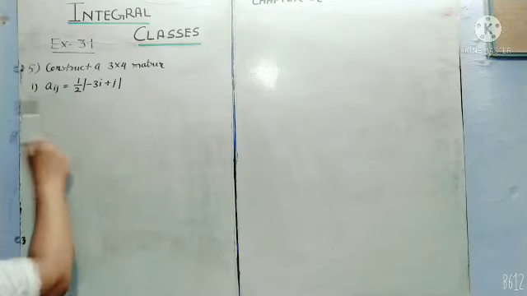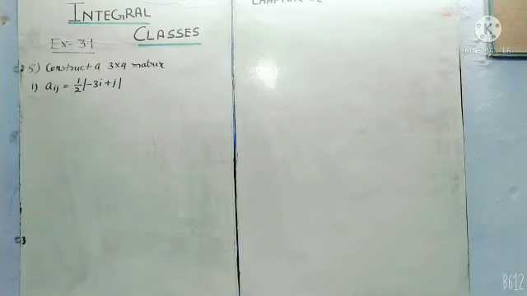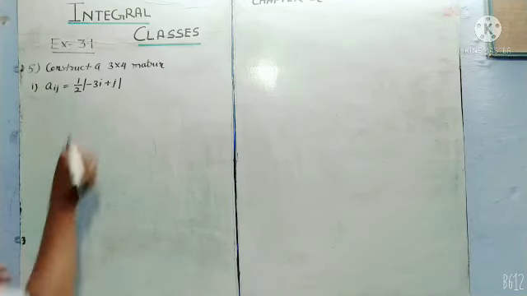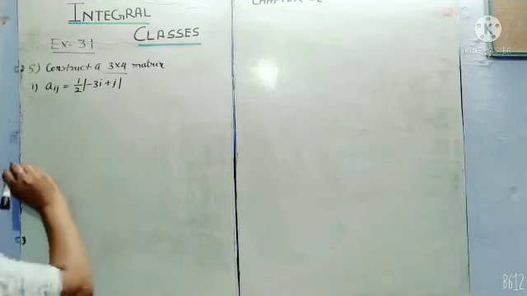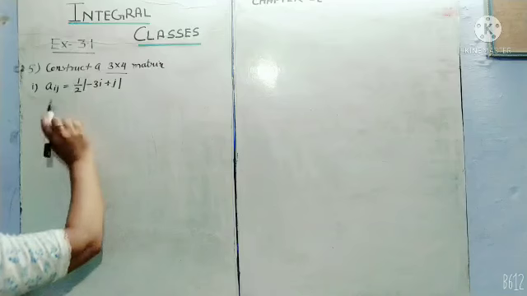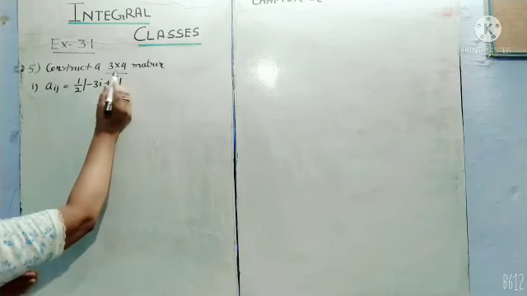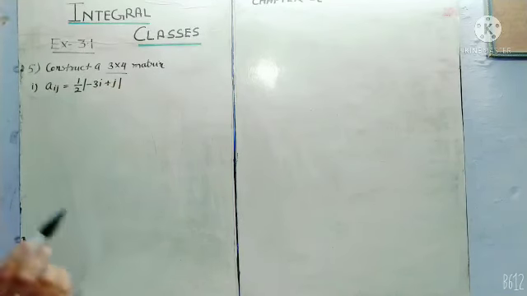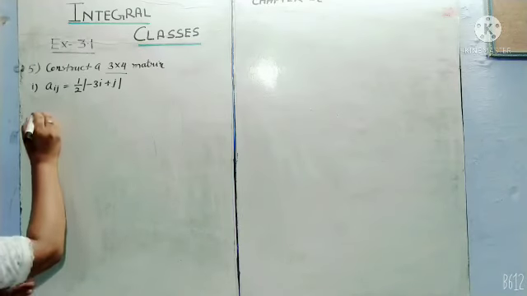Now question number 5. Question number 5 is also similar to question number 2, but here only the order is different. We are given the order 3 cross 4. What is the meaning of 3 cross 4? 3 rows and 4 columns. So the required